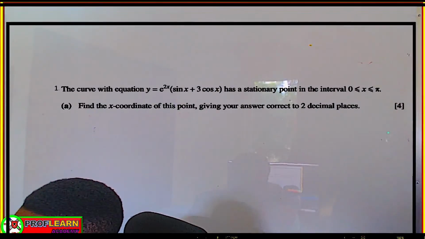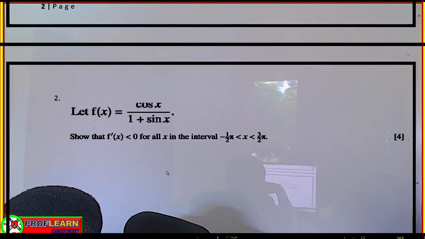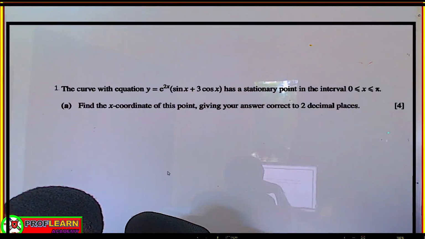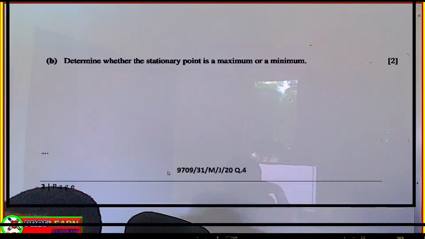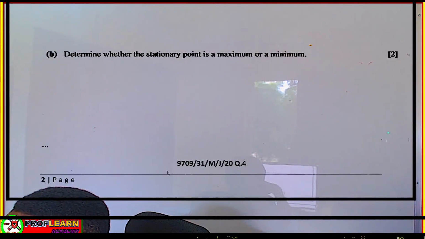In the previous video and the previous part, we dealt with how to differentiate questions like these ones. We did question 3 and question 2, how to use the quotient rule. At this point, for question 1, we are supposed to use the product rule. And then we also learned how to find the stationary point and determine whether the stationary point is a maximum